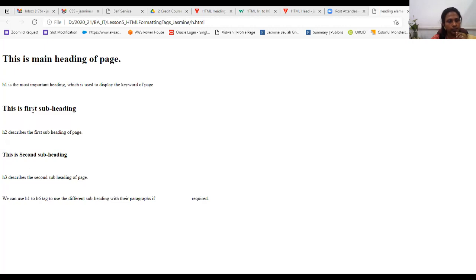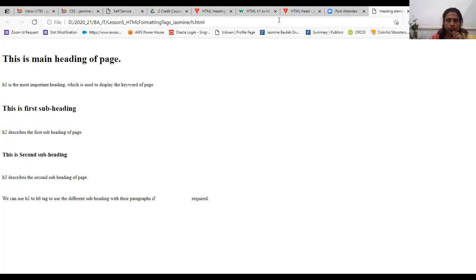And this text, this is the first subheading, this is the second subheading. We are able to see that there is a difference between the way it is represented in the web page, and we are also able to see that these texts are all bold, and they also have different font sizes. So this explains the significance of the different H tags.